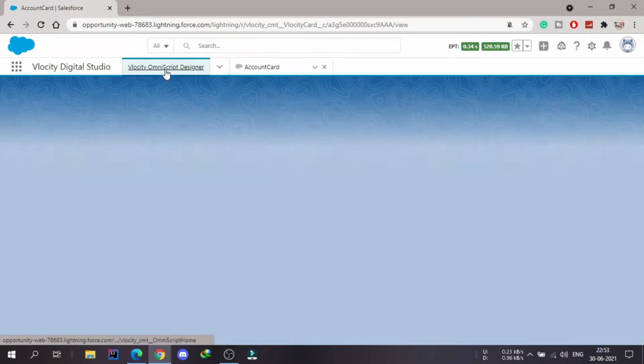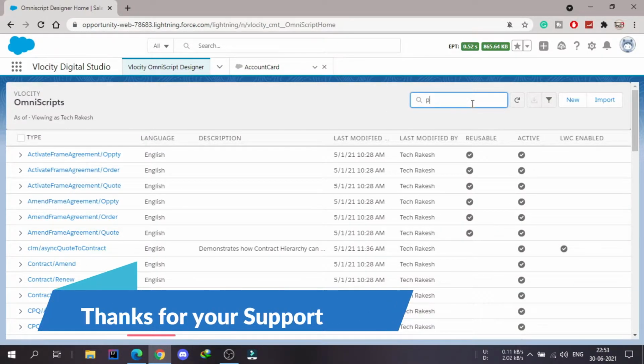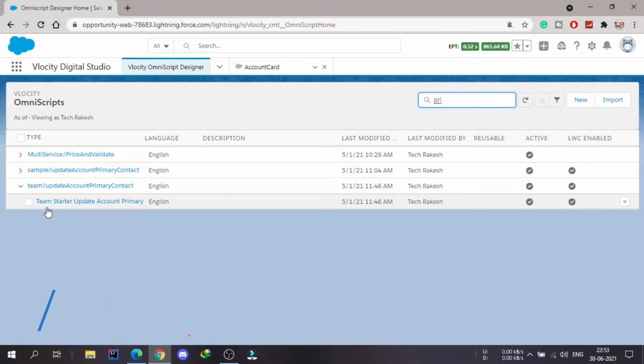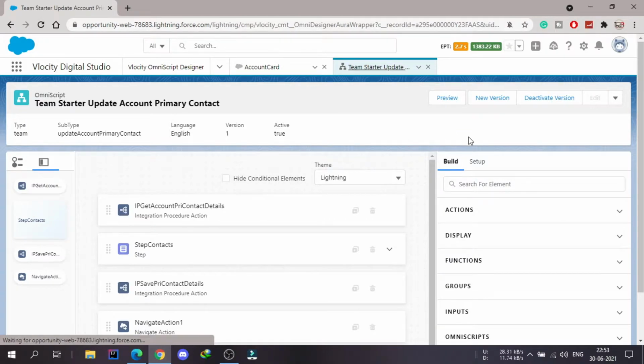So let's go to the OmniScript designer, and we have a sample OmniScript here, that is update the primary contact. So here you can see we have some update account primary contact. So I will use this sample OmniScript and I will make the required changes. So we cannot edit this type and subtype because this was already activated.